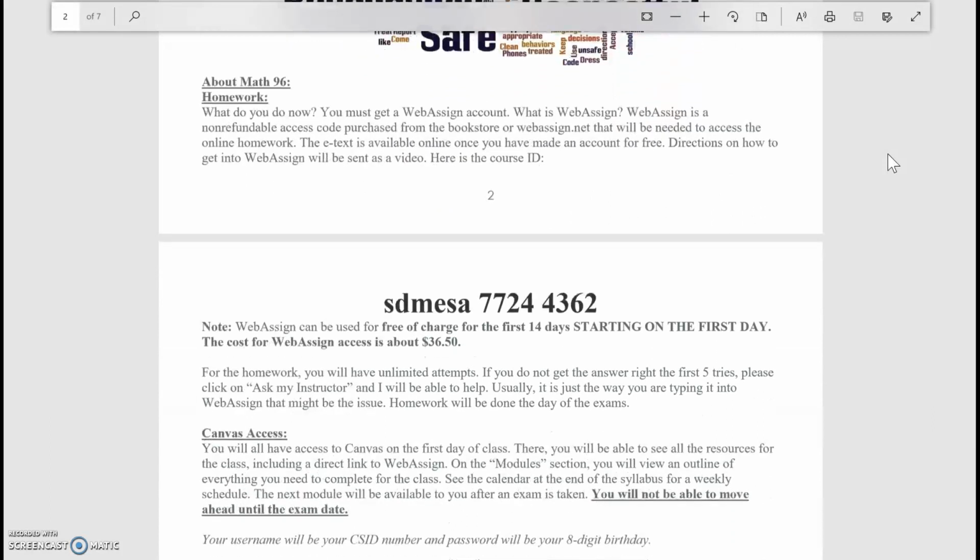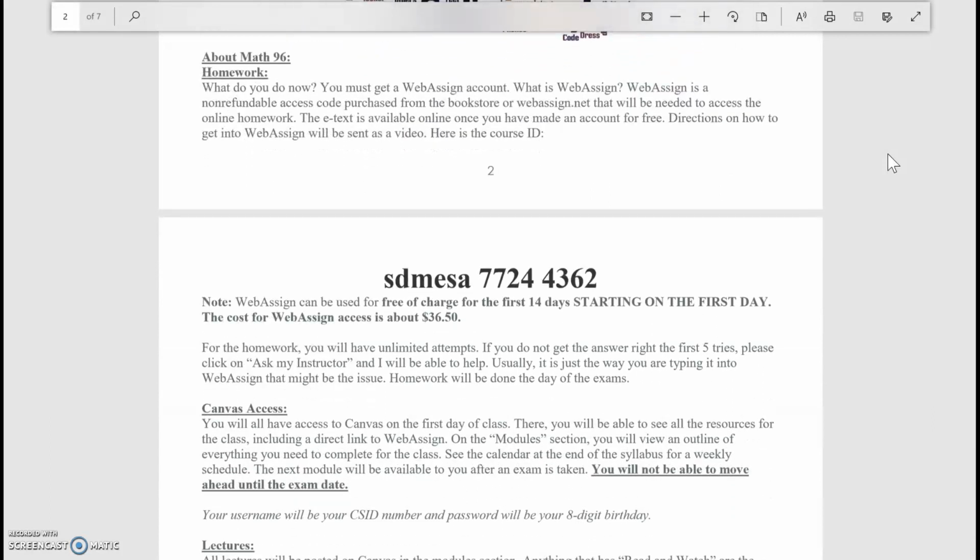About Math 96, so let's get to what you really want to know. This is now the bulk of the class. Math 96, first of all, is a class that is meant for science majors, technology majors, anything that has to do with computer science, mathematics, and engineering majors. Also business majors, and if you want to get your AA. If you are something else, you might want to consider a different class, which is Math 92. But Math 96, I'm going to teach this class as if you're going to calculus, okay? Not everyone's going to go to calculus, but that is the intent.